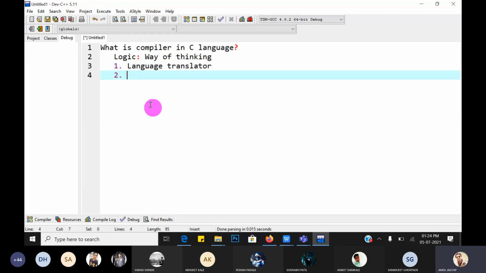Another solution, a different way of thinking: all the students must first learn Kannada and then switch to the C language lectures. Is it a solution? Yes, sir, it is also a solution.